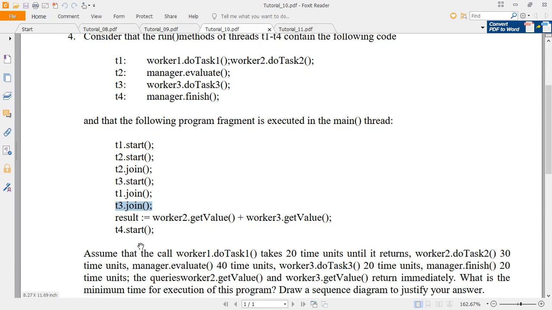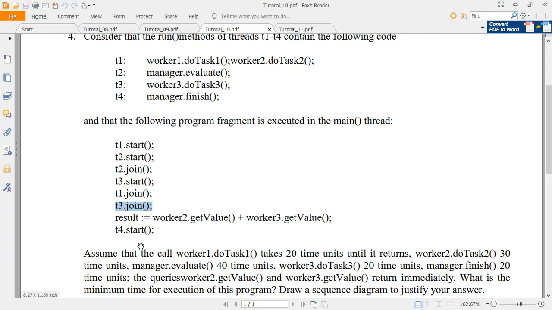While executing these threads, the program execution will always start from the main method, that is the main thread entry. Then several threads may start and they may execute in different time intervals. Finally, once all threads have completed execution, the main thread will be completed. This is what we have seen in concurrent programming.